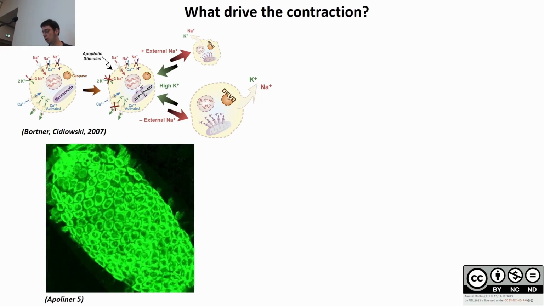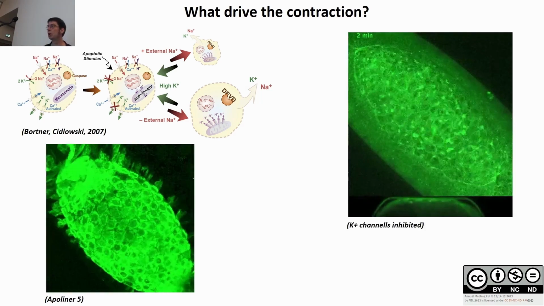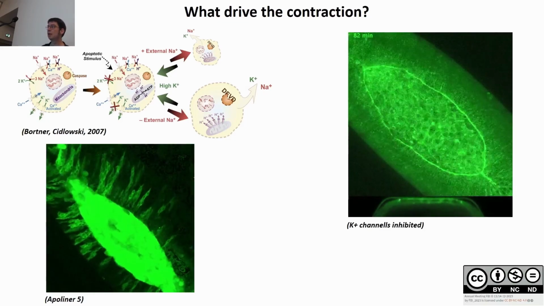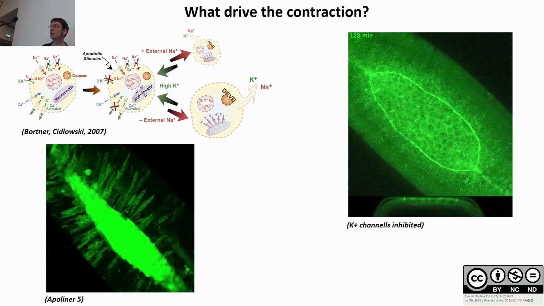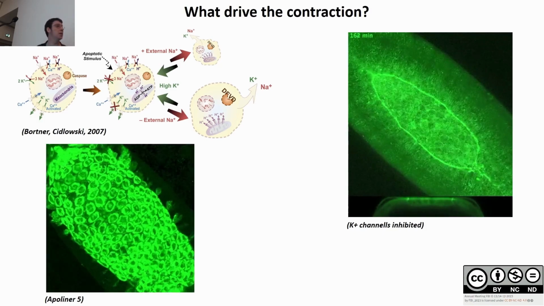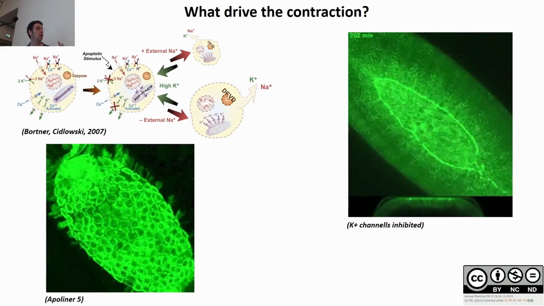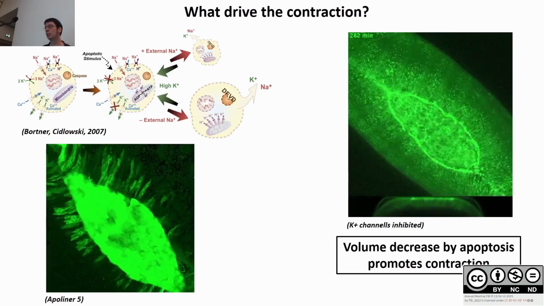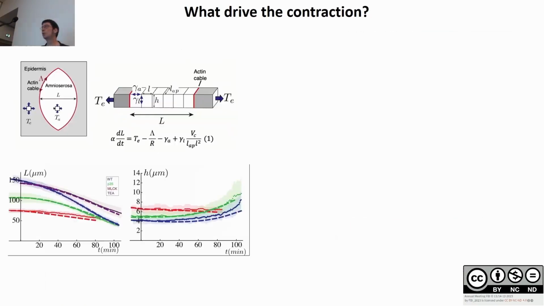And if we block apoptosis, or if we block a potassium channel, then we block this volume loss, the cell elongates earlier, and we impair the process. So the contraction is slower, and basically it's not contracting. Okay, so the volume decrease is important for the contraction. So for that, with